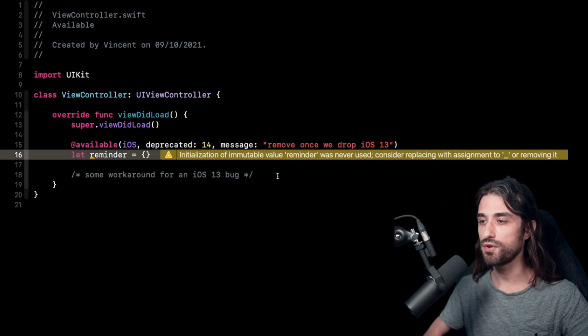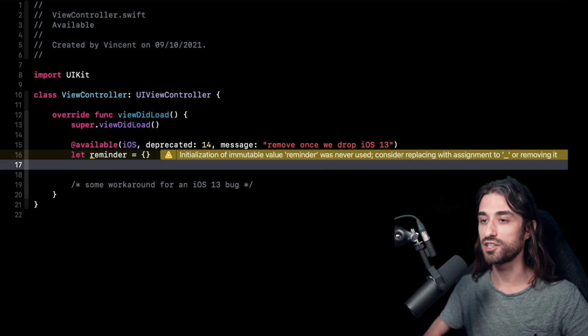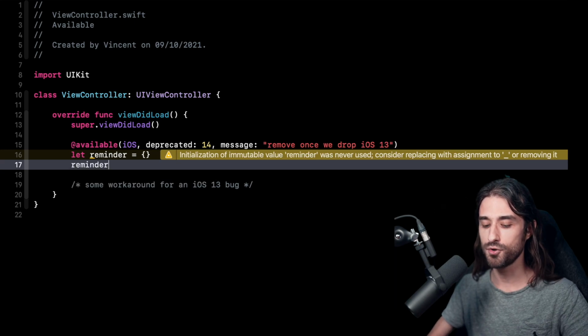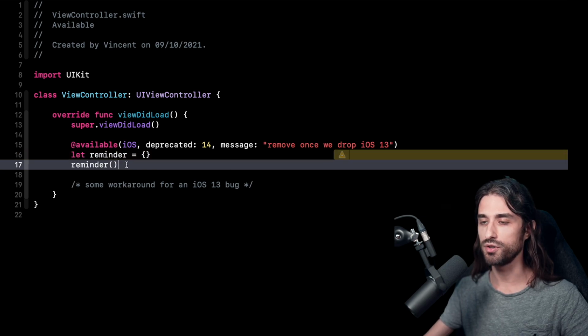Okay, and so now before I actually increase the minimum version of the app, I'm going to need to do one last thing, and don't worry, I will explain why later, and I will also improve on the syntax, because as you can see, I'm going to have to call this function reminder. So for now, this looks a little bit weird, maybe a little bit unoptimized, maybe even very unoptimized, but don't worry, it's all going to make sense in just a minute.